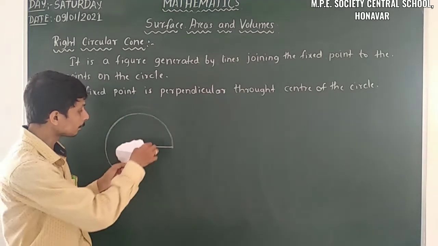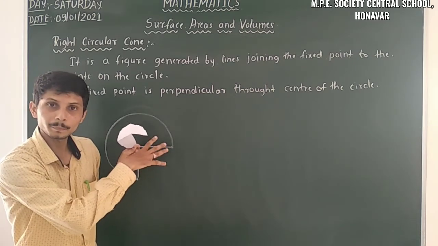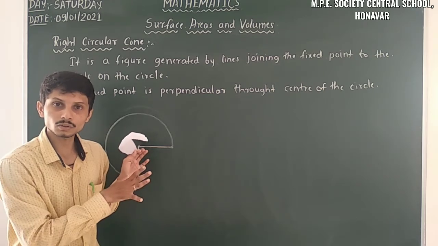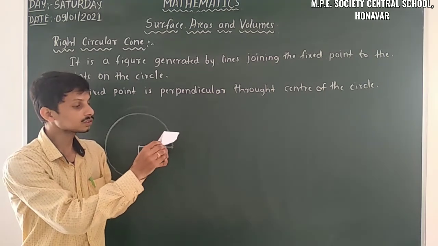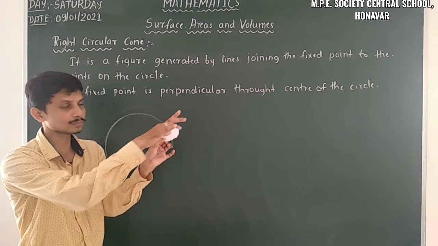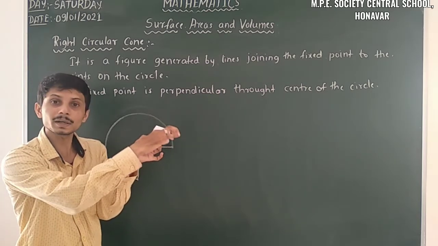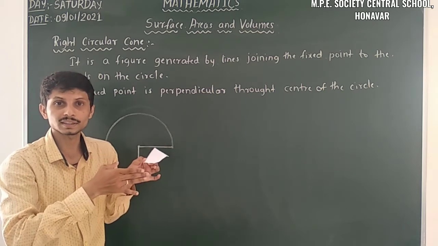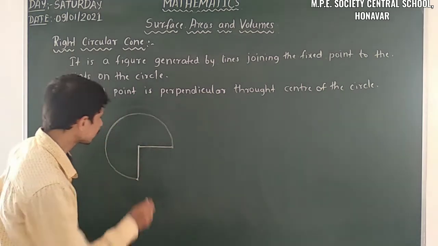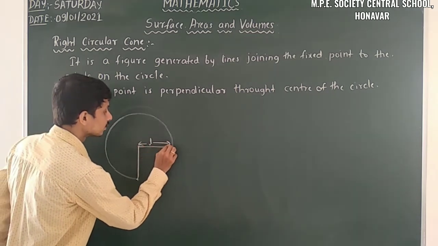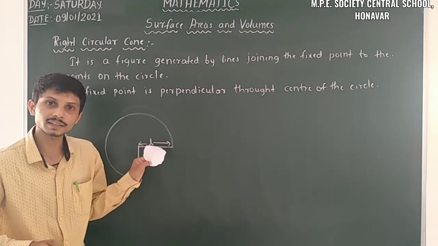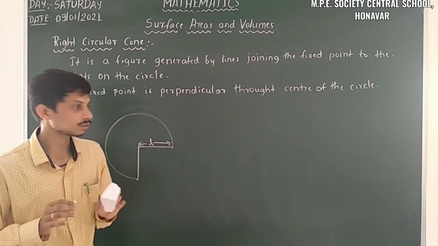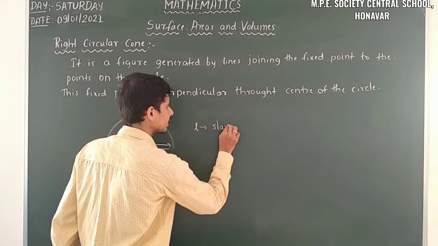But when we compare with this circle, this is the radius of the circle. This is the radius of the circle. After joining these two radii, it forms a cone. So this is nothing but the radius of the circle. This line we are calling the slant height, and we represent it as L. We are taking this length as L, but it is the radius of the circle.